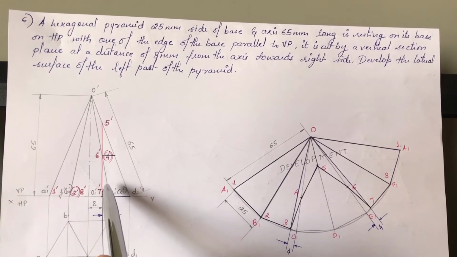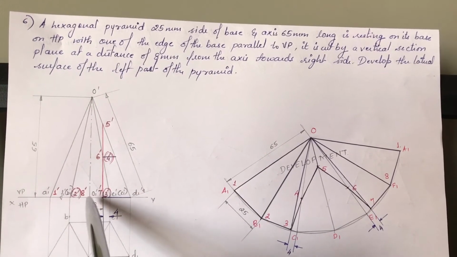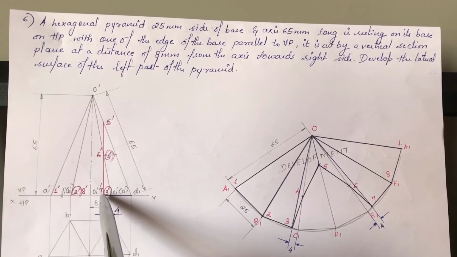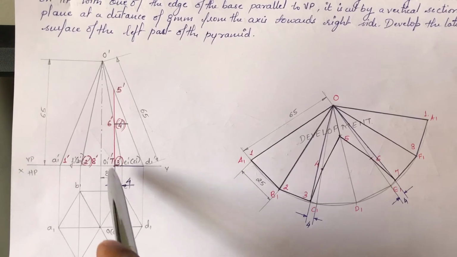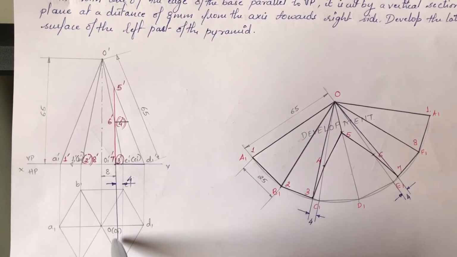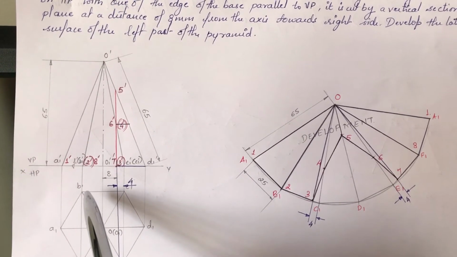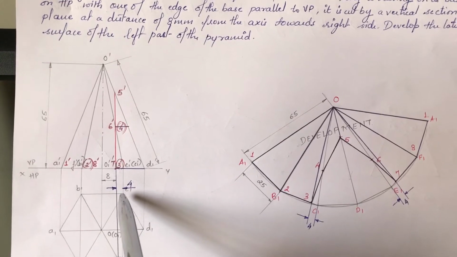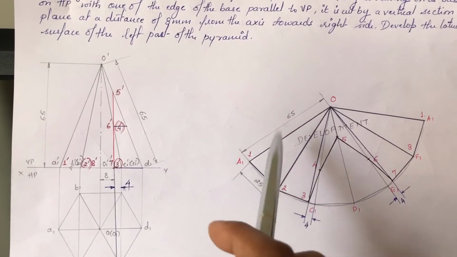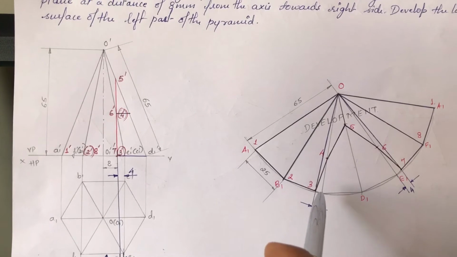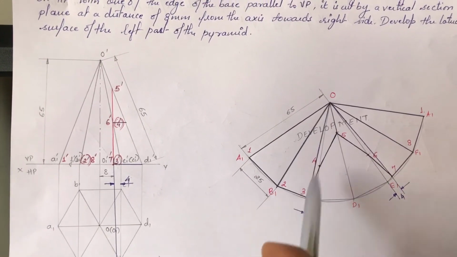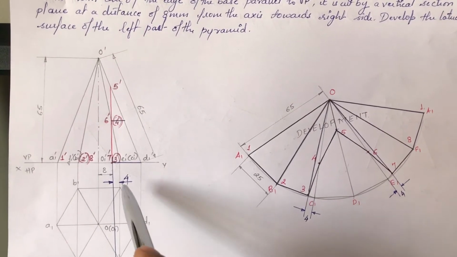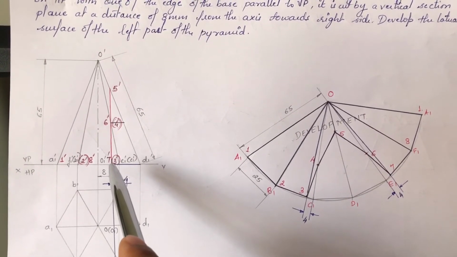But before that, this plane is going to cut in between B to C. When you're moving from B to C, there is this plane that is cutting its base. So this base I have projected down such that while I'm moving from B to C, before C at a distance of 4 mm, it is cutting it. So before C at a distance of 4 mm, I have drawn one imaginary edge. So that is drawn here. So on that you have to mark 3 dash.